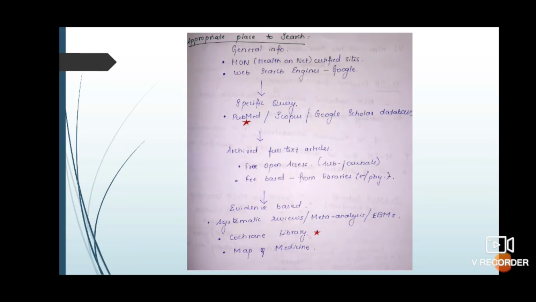From this we can get the full text of the articles we are getting into, and they can be either free open access journals or some fee-based journals from libraries. Then we have to choose which among them are evidence based, and we can further segregate them according to quality, for example choosing